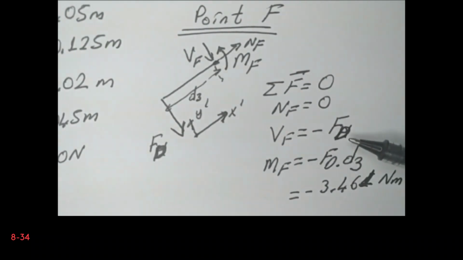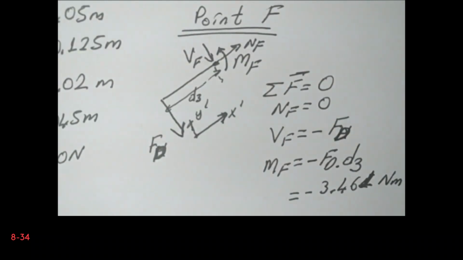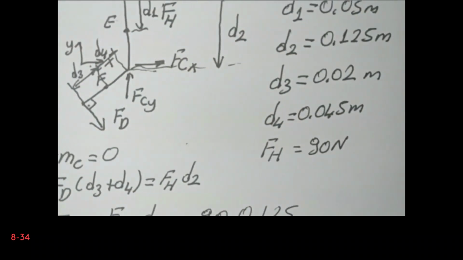So, the first thing that we need to do is to calculate the bending moment of inertia, in order to calculate the bending stress and the shear stress. So at point F,